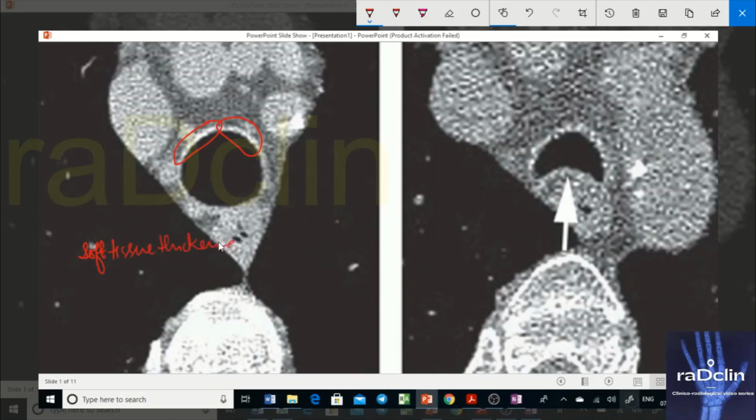Whenever it appears calcified, then only the soft tissue thickening would be absent. So typically in an older age we see calcified cartilage of the trachea. Here you can see that the cartilage is calcified here, and here also, but this part is less calcified, and typically the calcification is discontinuous.